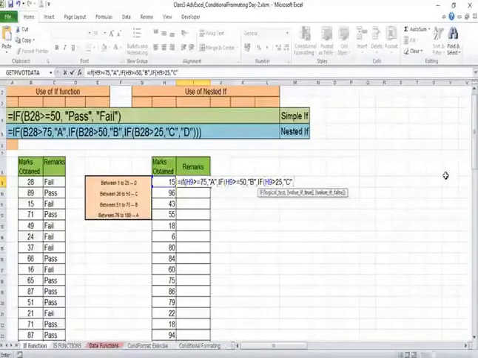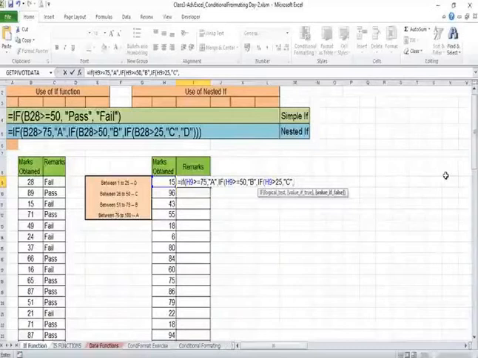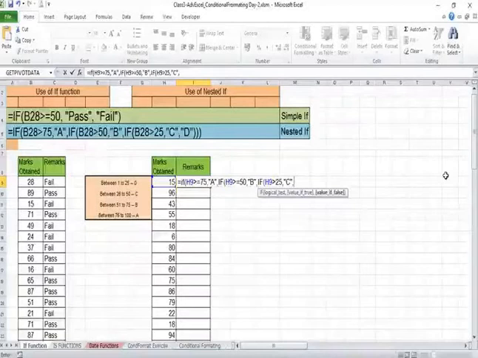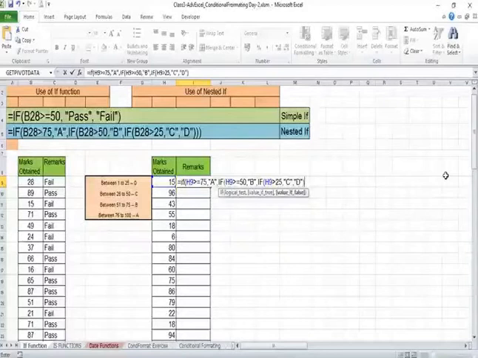Put a comma, and since the last condition is there is no other choice, so you don't have to bother about another if. You have just to terminate here by saying for all other conditions it will be D and close the bracket. You have to close it as many times as you have used the if. We have thrice used if function, so we will close it thrice.